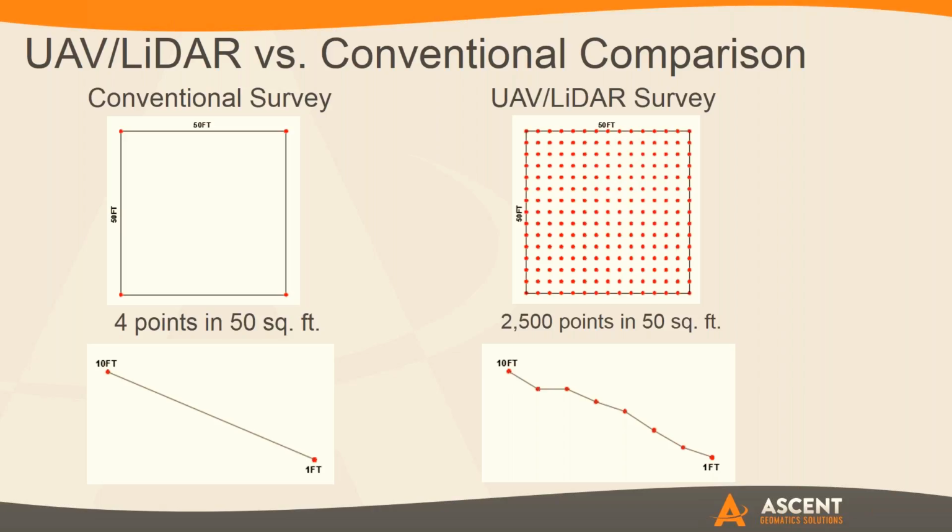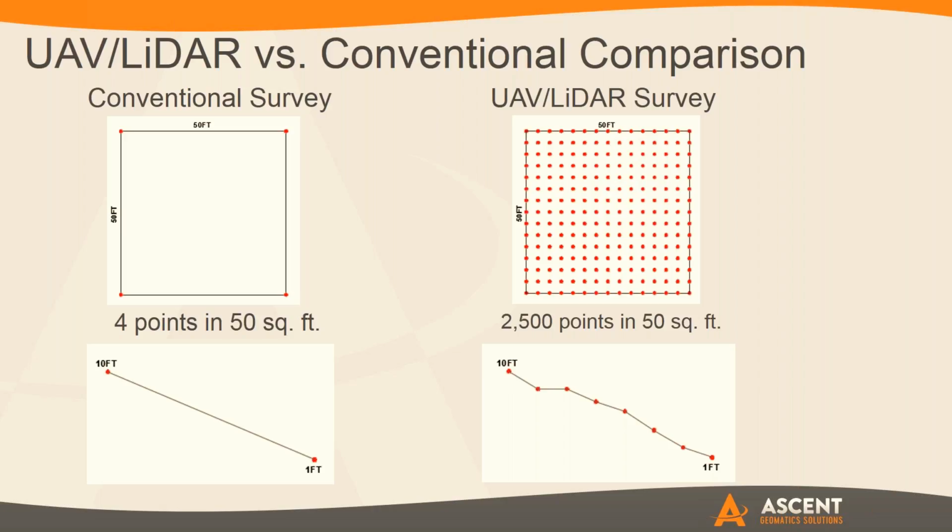And so we don't necessarily use every single point, but the idea is that we can get a much more densified and much better depiction of the earth. So when it comes to your volumes and quantities that you're dealing with, especially on large scale projects, you can start to really see cost savings and benefits because moving earth is expensive. It's a big process, and if you mess up those calculations, even over the course of just a few inches, over the course of many square miles, it equals big bucks.